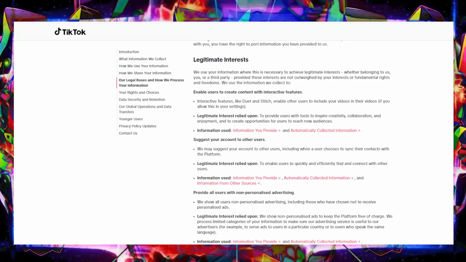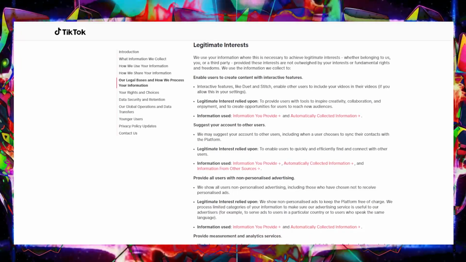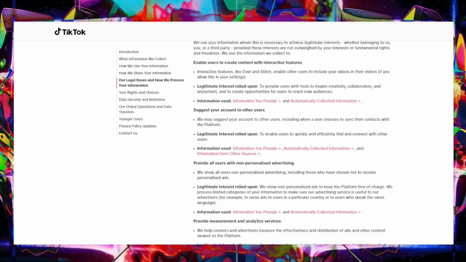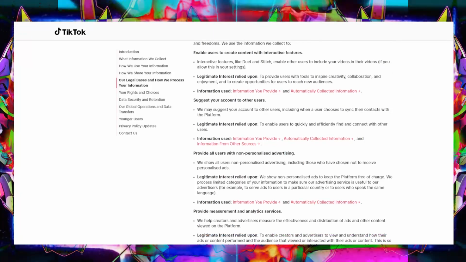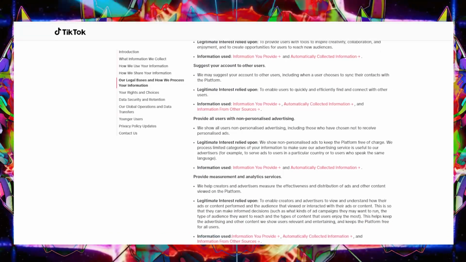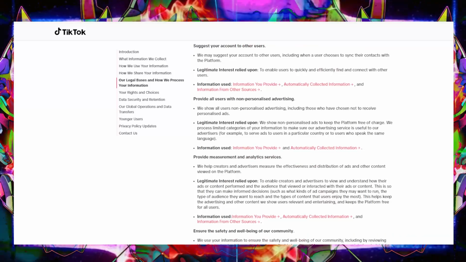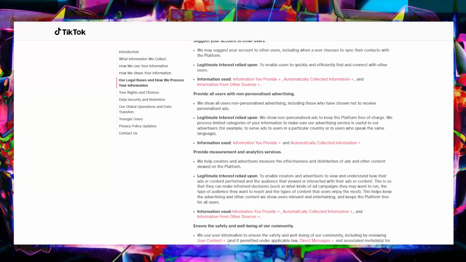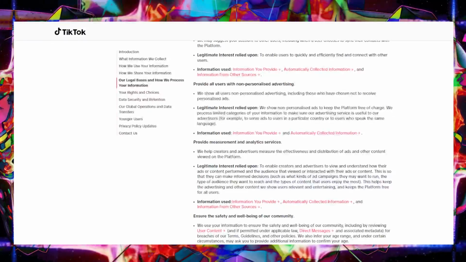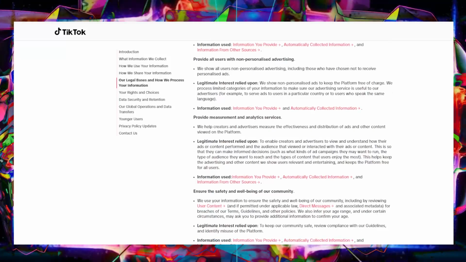Okay, that makes sense. So we've got personalization, we've got safety and security. What about this research and development they keep mentioning? What kind of research is TikTok even doing with all our data? That's where things get kind of vague, to be honest. They say they analyze user behavior to improve the platform, which, okay, pretty standard. But it also mentions developing their technology, things like machine learning and algorithms. So they could be using our data to make their algorithms even better at predicting our behavior, which then leads to even more personalized content, which then feeds back into the cycle.